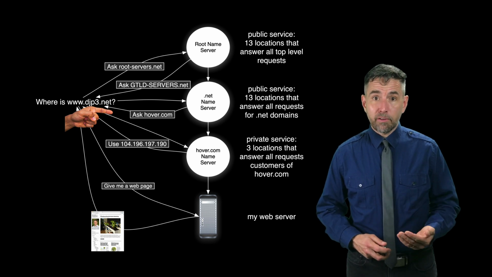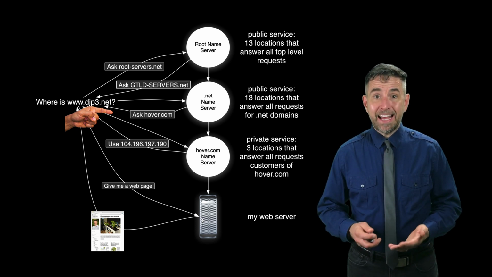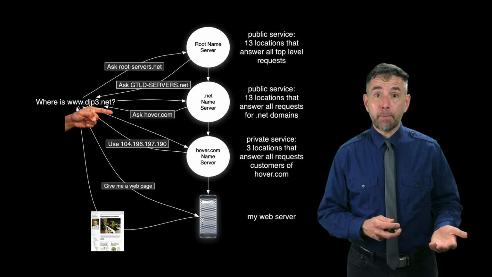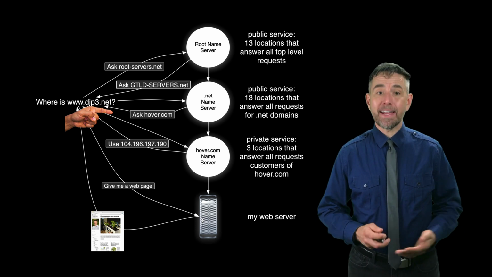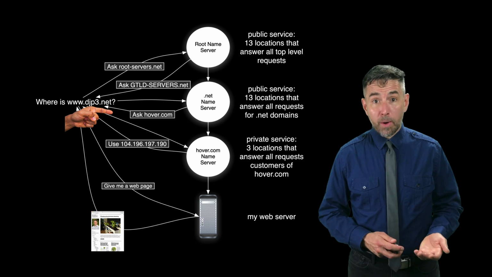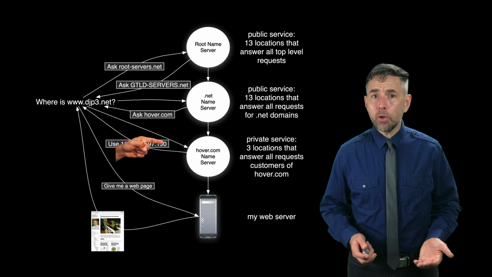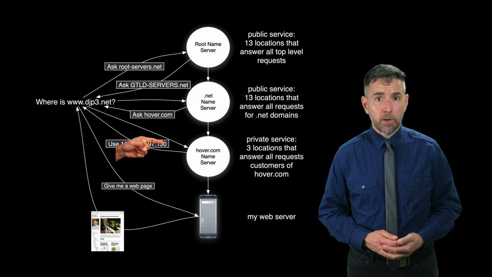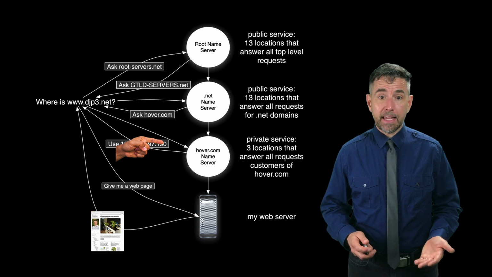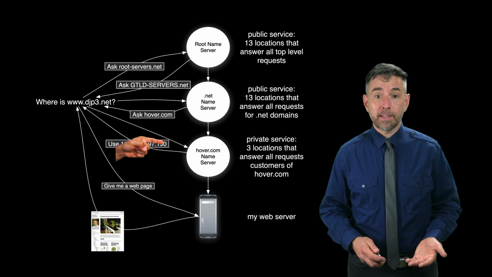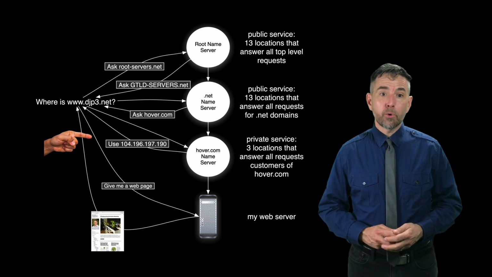So in the third level of the hierarchy, the public internet, the public resources on the internet now say, oh, the private company that's responsible for djp3.net, that's hover.com. Go ask them. So now in a third request, my browser is going to go out and ask hover.com, hey, where do I go to find www.djp3.net? Hover has 3 name servers that I can ask, and so I will ask one of the ones that is provided for me, and they say, oh, you want to go to